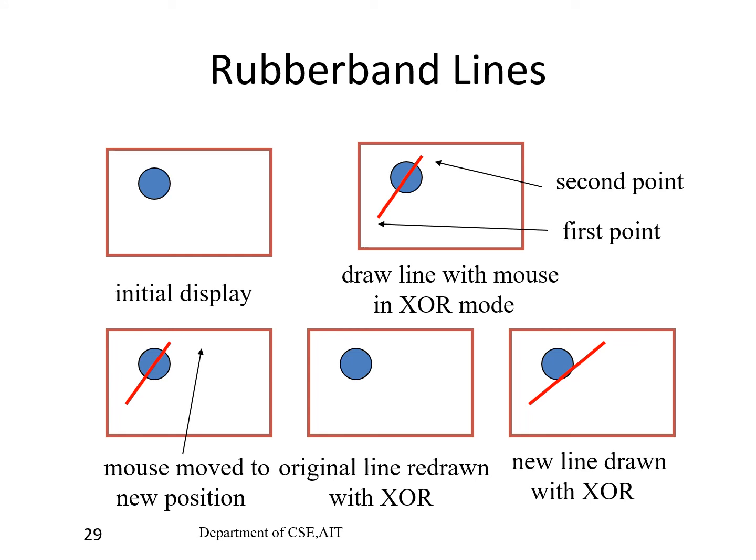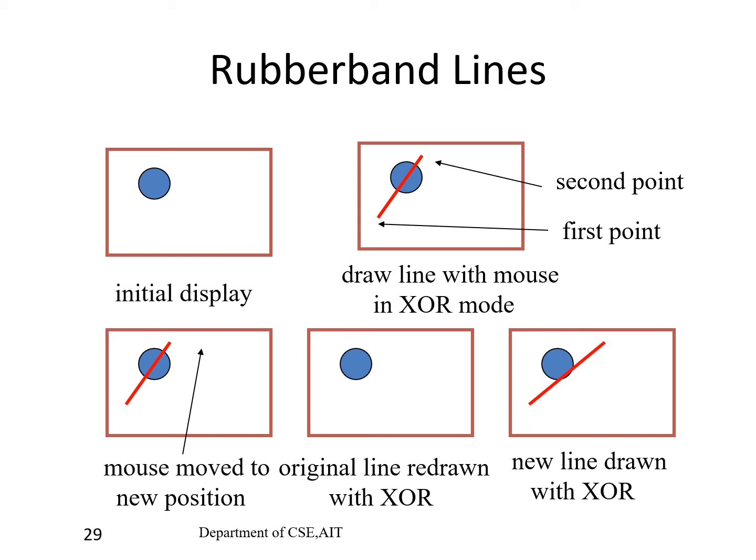Suppose we have a window over here, and in this window I am going to have my line drawn. When you pick one particular place, the first point, and draw in XOR mode, and then move the mouse to a new position, what will happen? The original line will disappear, and then you have another line from the XOR operation. So you will have the erasable line. That means the first line will be erased, but the point from where you started will be stored, and from there the new point will be selected and a new line will be drawn.